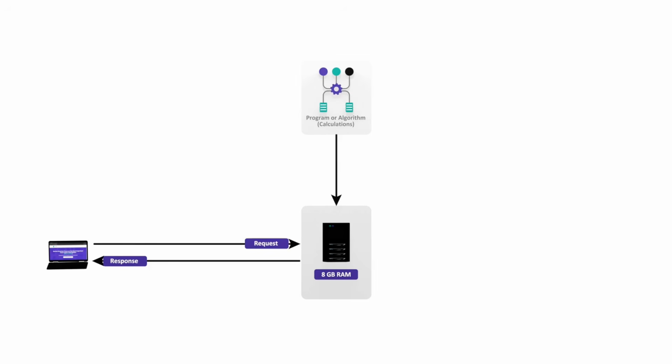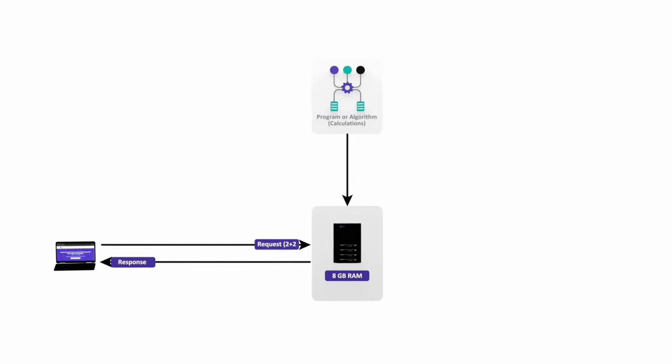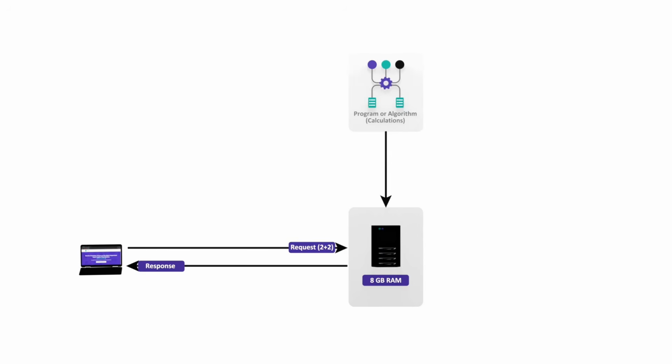In the request they might send you the numbers and the operator they want, and in the response you send the result. For example, in the request you get 2 plus 2, and in the response you send them 4, and this calculation is done by your algorithm. So now the user is very happy with the way the program is working, and you are also very happy,